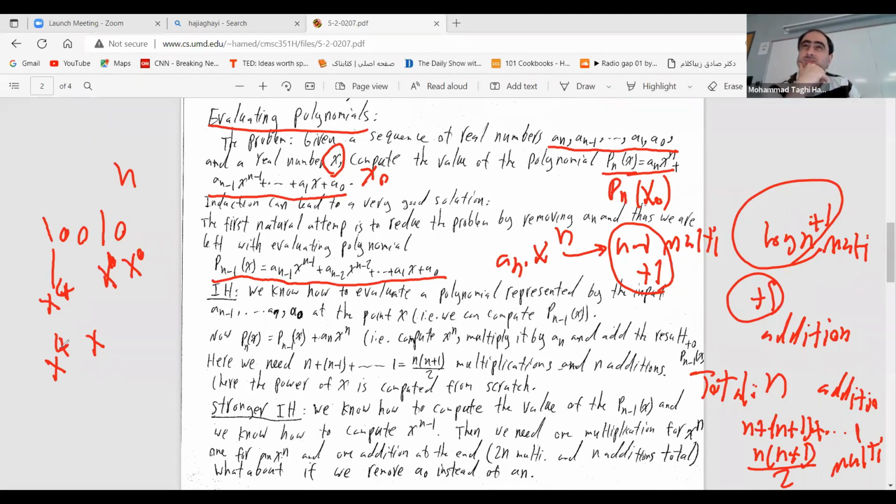Is the total number of multiplications n plus n minus 1 down to 1, right? Yes. If you want to do it naively, this way, it would be log n plus 1 plus log n minus 1 plus 1 and so forth. The total would be order n log n. Okay, it's because you wrote n plus 1 instead of n minus 1. Sorry, this is n minus 1, yes.